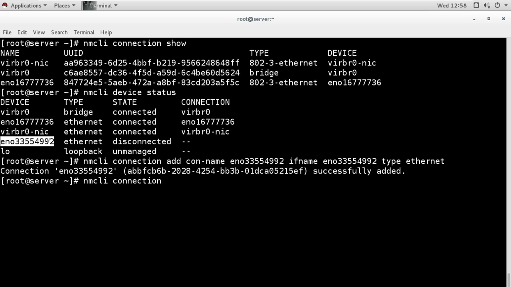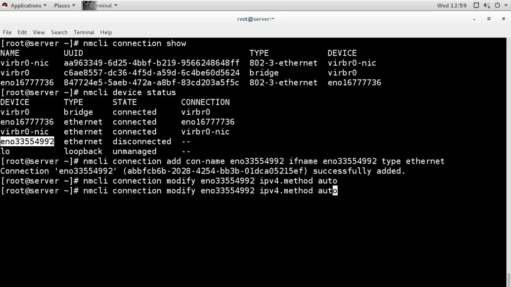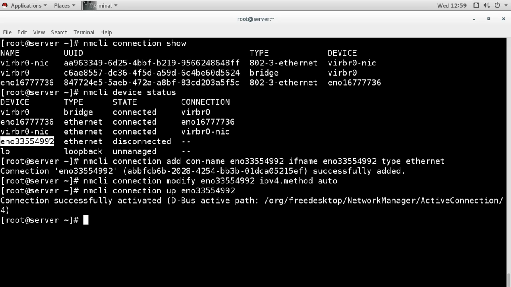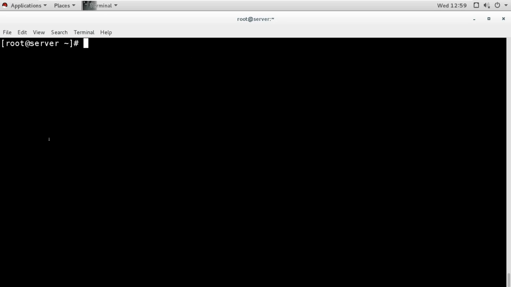I will just set the method to auto, and then I will enable it. It will try to get the IP from the internet, our DHCP from the internet. And let's check now.